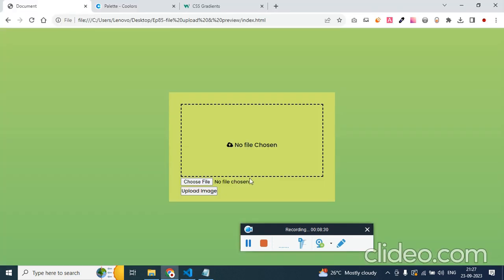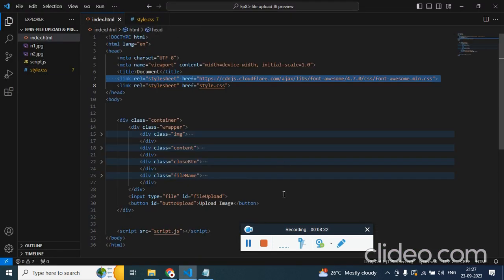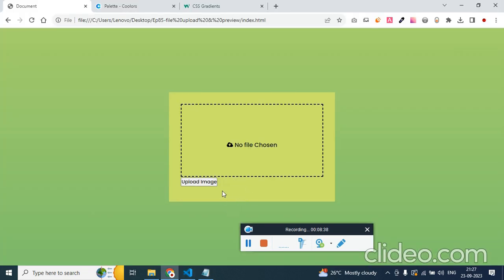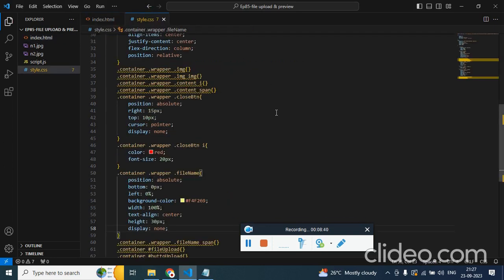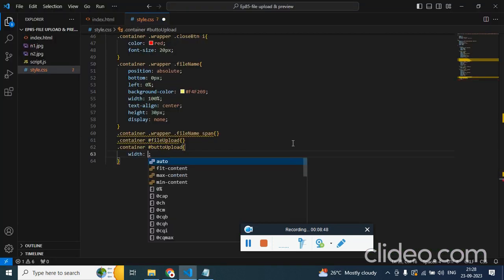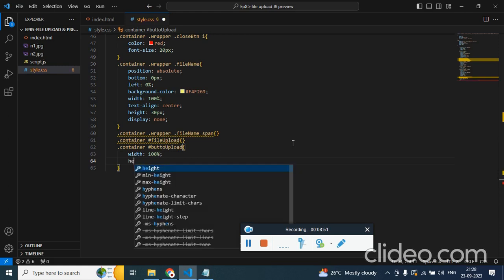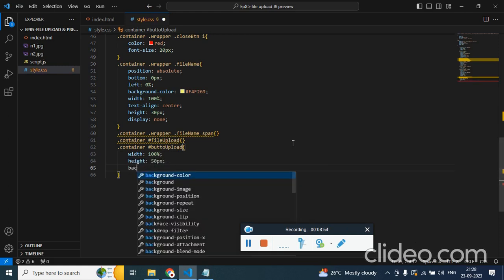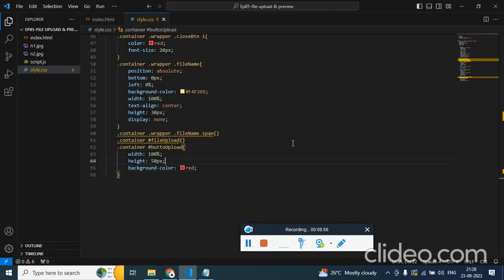And we have input type file. Let's just make this hidden because we'll manipulate it with JavaScript. We'll use this button to style, width of 100%, height of 50 pixel, background red, margin top 10 pixel, border none,